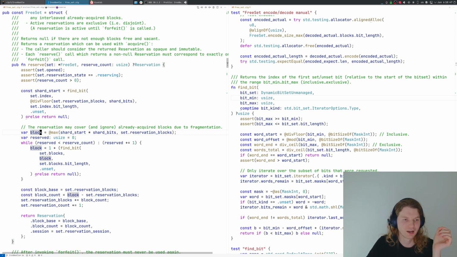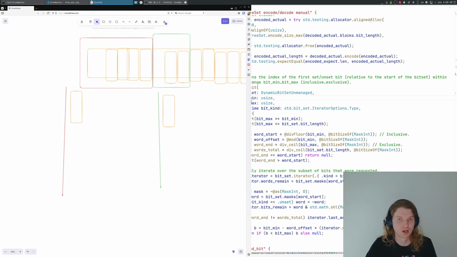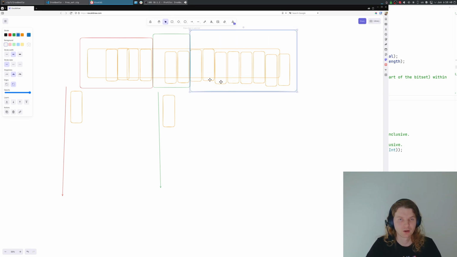Then we count how many blocks we need to reserve, and basically reserve this entire set of blocks for our reservation, which is exactly the picture I was showing you here. So again, if we are going to have more reservations, they're going to look like continuous